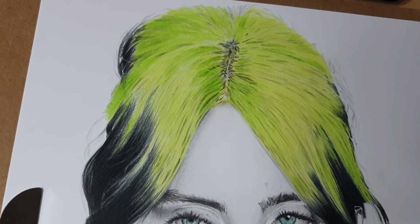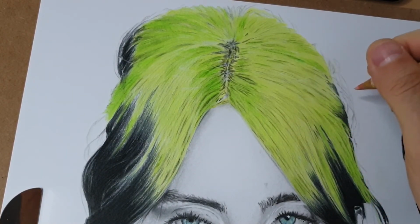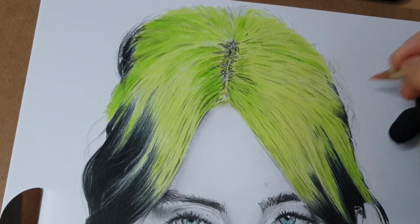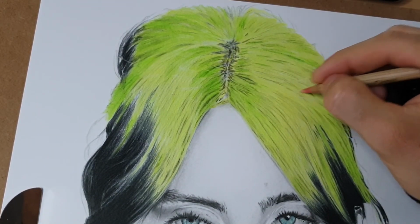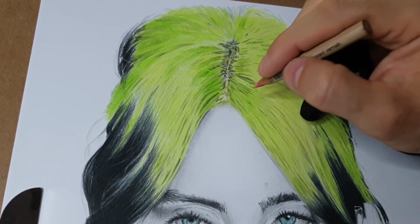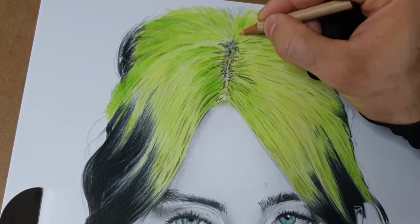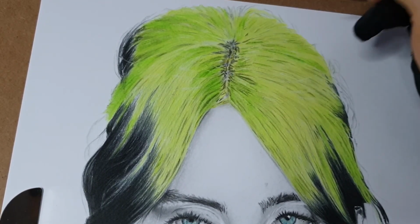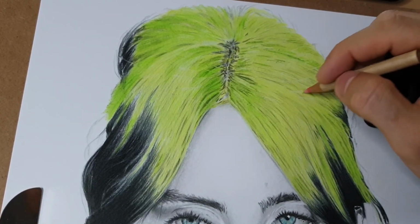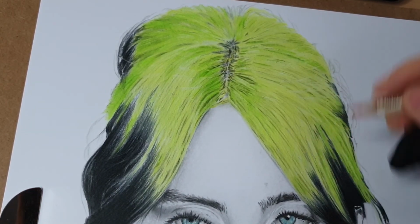I'm coming to the last step, which is highlights, and we're highlighting the white part of the hair. I'm using an eraser. You can use a Tombow Mono Zero eraser. If we use the eraser for hair strands, we make the hair more realistic. Don't forget to use the eraser for highlights and add as many details as you can. Don't forget to clean your paper after using the eraser. As you can see, a very nice design of the hair only